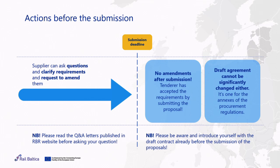However, when the proposal or application submission is there, the possibility for the Commission to clarify or allow you to clarify something from your procurement proposal documents will be much more complicated and may result in